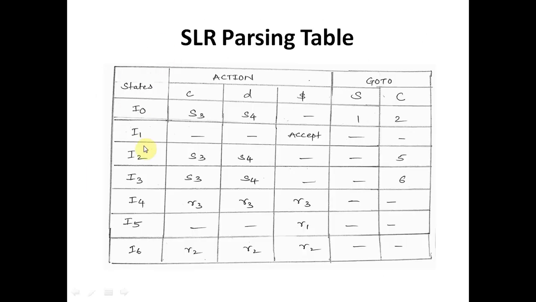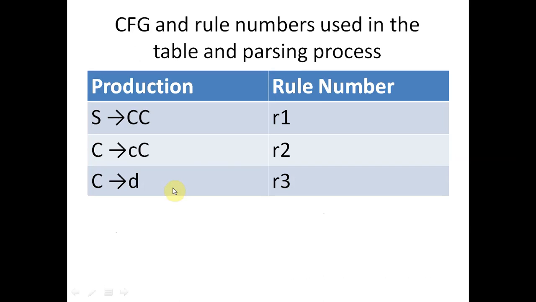So I1 has no terminal, I2 on receiving a terminal goes to S3, shift the symbol and make a transition to 3. On receiving d, shift the symbol on the stack and make a transition. So what is the meaning of this shift on stack? You will be clear when we do the parsing of the string. So making a transition to the third and the fourth state. Now in this way we'll see the I3 state again.